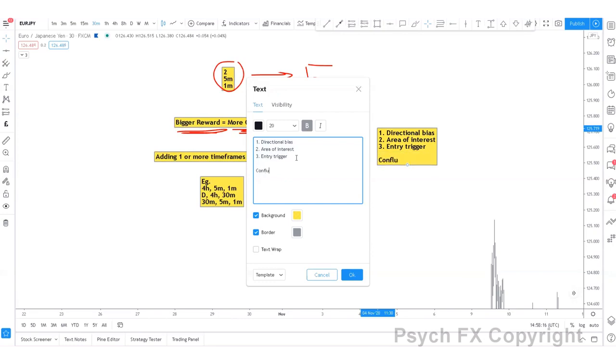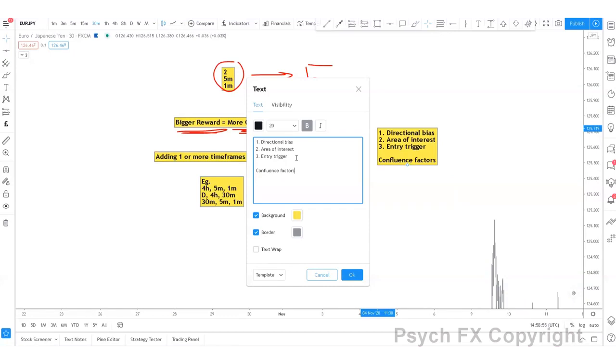And then we're going to have the confluence factors as well. Now, it's up to you whether the confluence factors are compulsory or not. Some of you might just think, if I have the confluence, that's great, that's just more reason for me to take it, but if not, I'll take it anyway. But for others of you who want more confluence and need more confidence, you could say, I need to have these confluence factors. Either way, I like to separate the strategy from the confluence because it simplifies the whole process. You have your set in stone strategy, and then you have these predetermined confluence factors that can aid and improve your results. So I hope that makes sense.